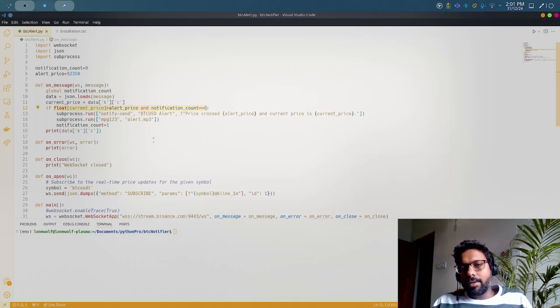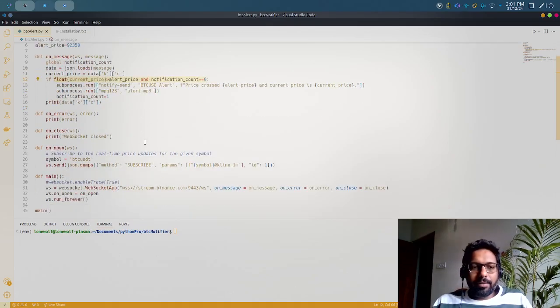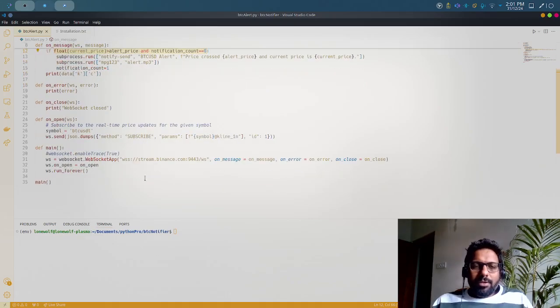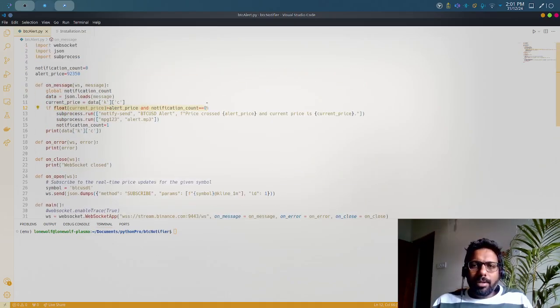If BTC is crossing our alert price, then we execute the function. So this is a very simple, basic 35 lines of code which you can run on your system,